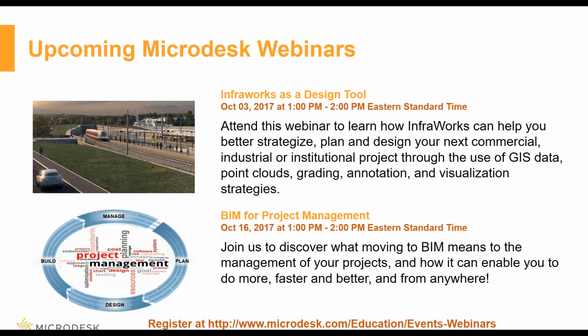Think of it this way. If you've ever had to present to a planning board or a town, this makes it much easier to show, this is what it'll look like from your house or from your road, and show the building in the actual context. And following up on that, in the middle of October, we'll be talking about BIM for project management,